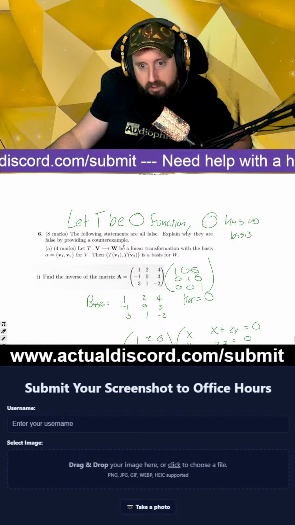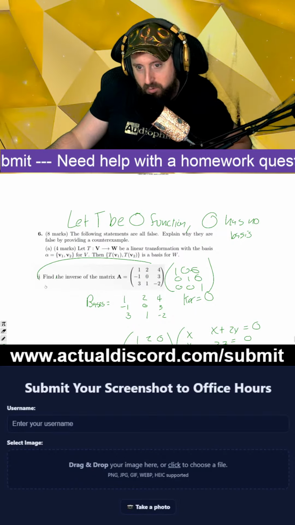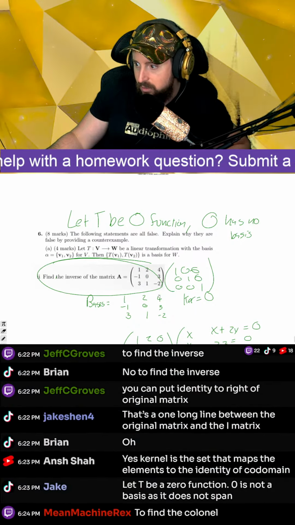Okay, cool. This is a good question. I will go back and do this one. I will actually maybe try to do the inverse matrix. This one might be kind of a pain. But,